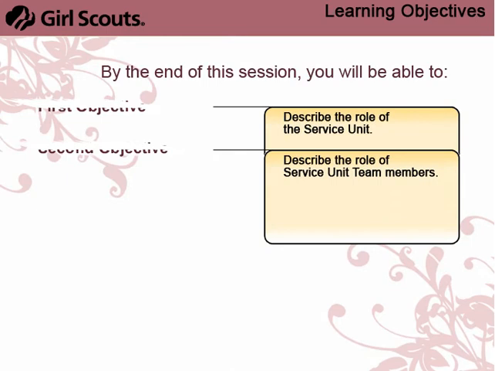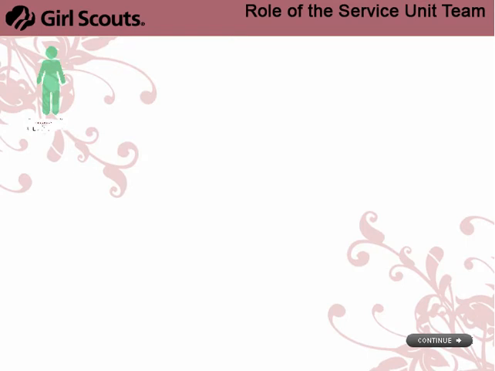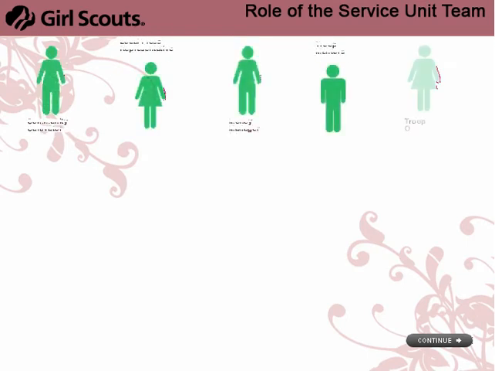Now let's discuss the role of the Service Unit team members. The Service Unit team is important. Their work supports you, troop leaders, and staff. It is necessary to understand their positions so that you can support and make appropriate requests of them. Also, you will be responsible for recruiting some of your Service Unit team, including the community cultivator, the local press representative, the money manager, troop mentors, and troop organizers. Roll over each person to read more about these positions, or click on them to read a full position description